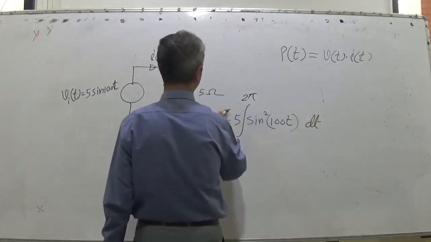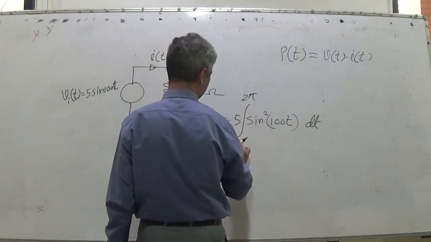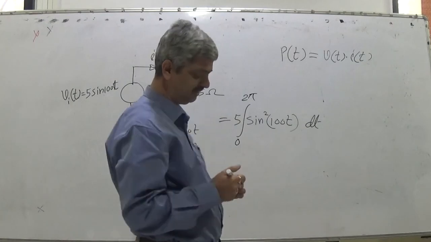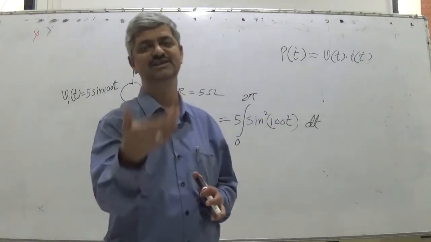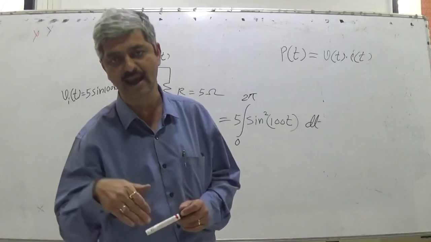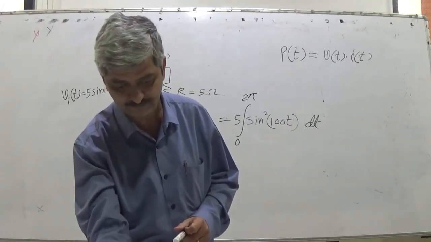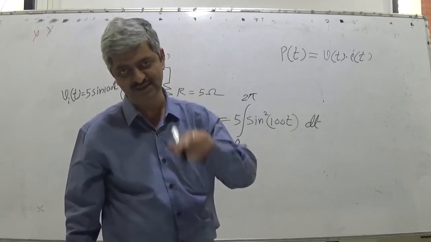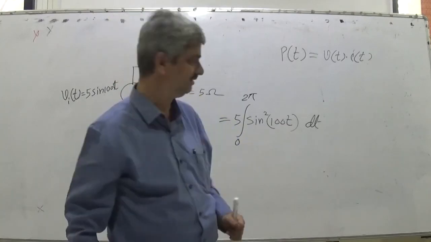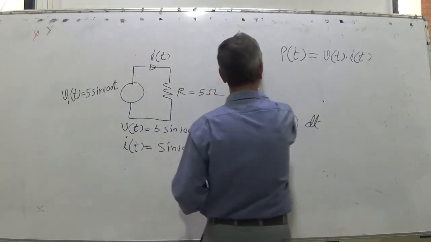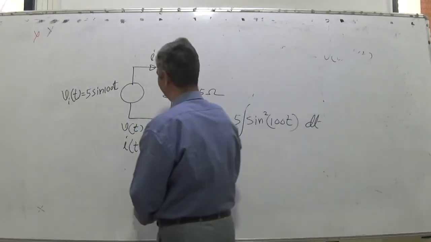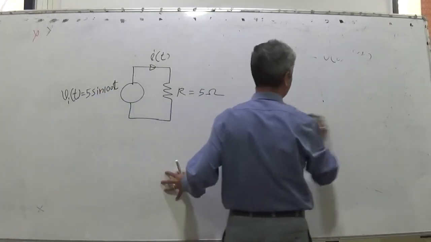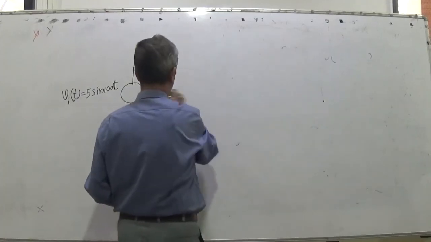That is the energy consumed in one cycle. Energy consumed in one cycle, and then you can average it out to get the average power. Instantaneous power, energy, average power. This is for resistance. Now we will go slowly. I hope that it is very easy. I will just introduce the terminologies and leave further things to you.